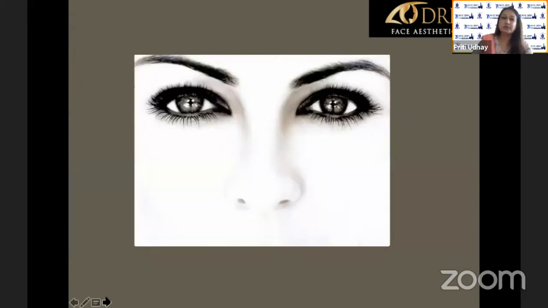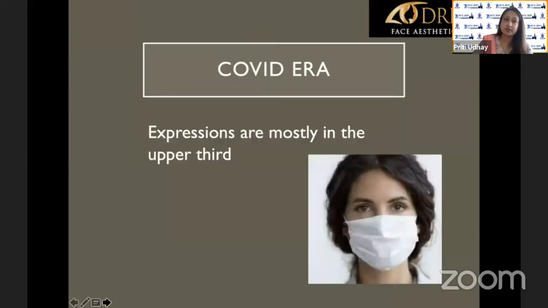So whenever we look at the face, the eyes are the chief seat of beauty, and the periocular area is what strikes us first. And also, unfortunately, the aging changes are seen first in this area because the skin is thin and there is hardly any subcutaneous fat. And therefore, the wrinkles appear earlier in this area. And also, the emotional attributes are seen more prominently in the upper third of the face. And that's where Botox works maximum.